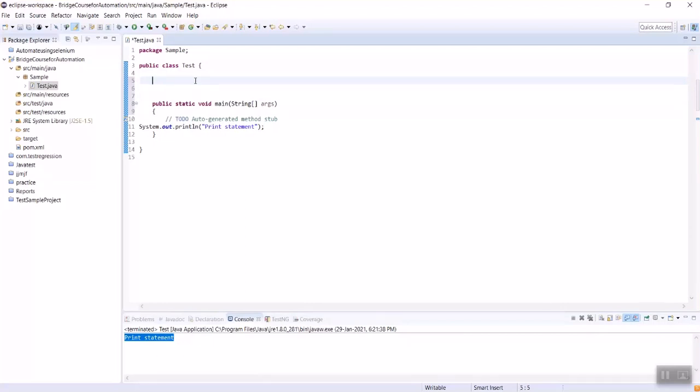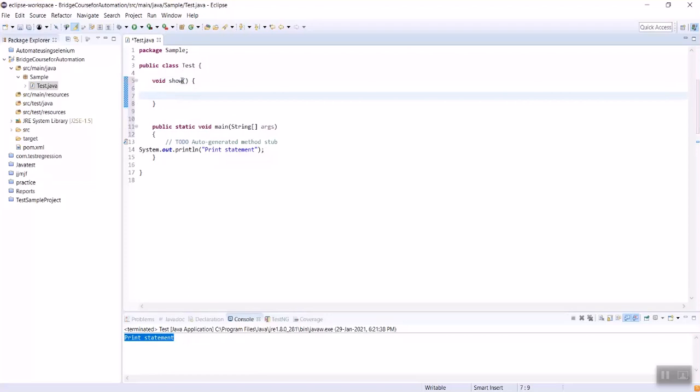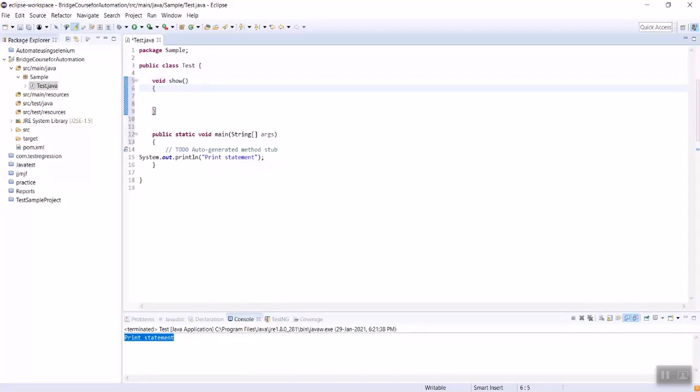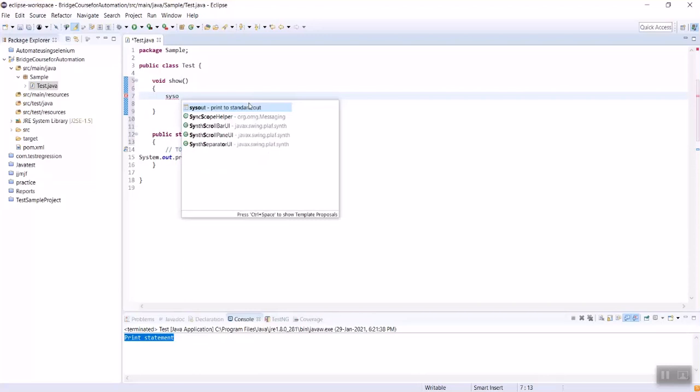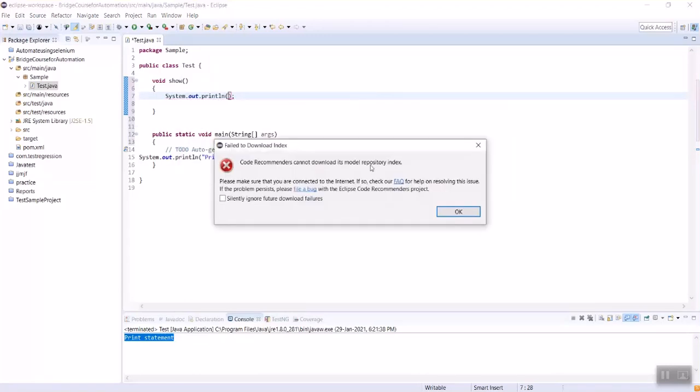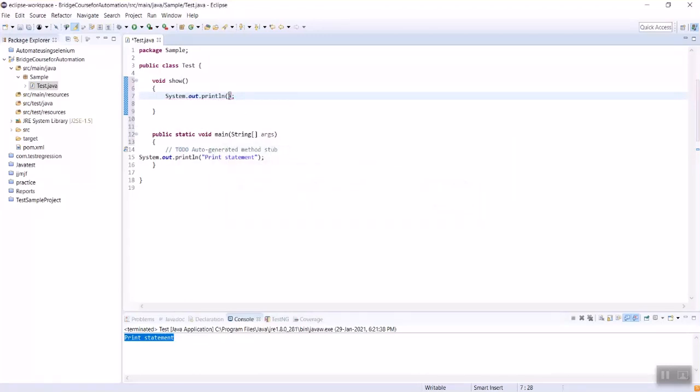Above, now we are going to write one method. Before that, we did not write any method, so it was just executed sequentially. Now we want to include one method. That's why we have added one method above the main statement. We have created the method void show.